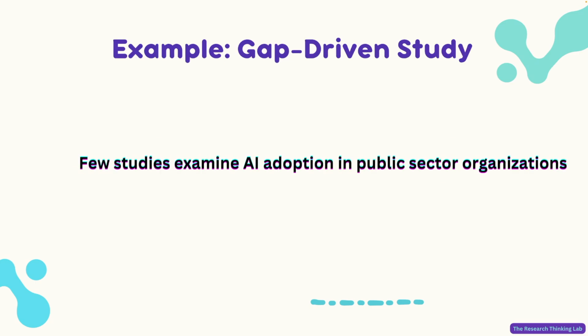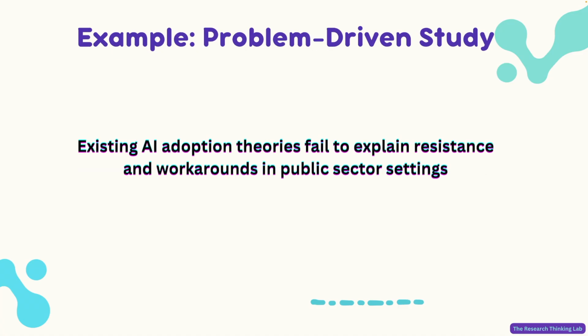Let's take an example. This particular example is a gap. It tells us something hasn't been studied much, but it does not explain why existing theories are insufficient. What breaks down if we ignore this context? Here we have a problem. The issue is not the context, it's a failure of explanation. This invites theory, method, and most significantly, contribution.